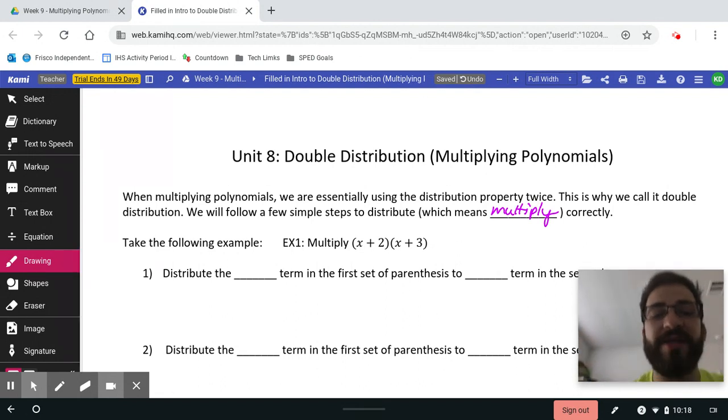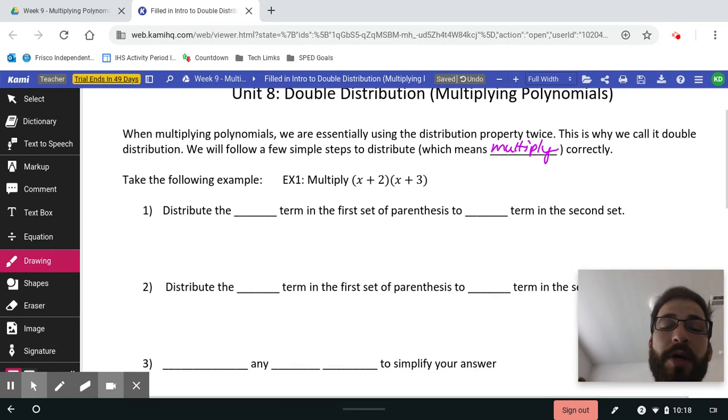So we're going to look at the following example. Example 1, we're going to multiply x plus 2 and x plus 3. Notice that there's not a multiplication symbol between them. There's just a set of parentheses, but we know parentheses mean to multiply. So we're going to be multiplying everything in here by everything in our second set of parentheses. So our first step is to distribute the first term